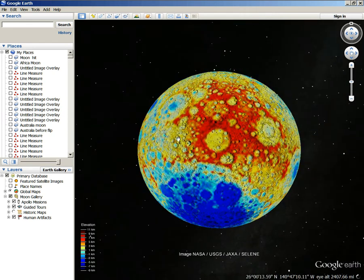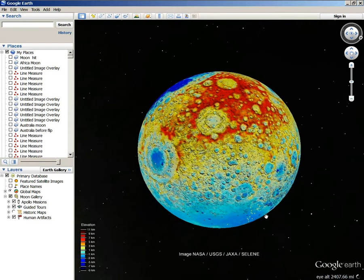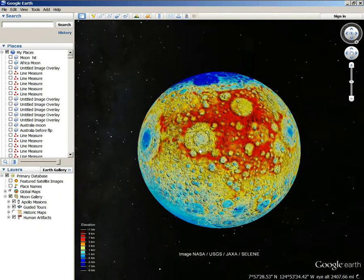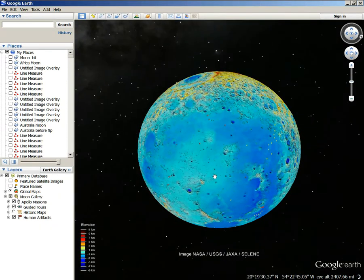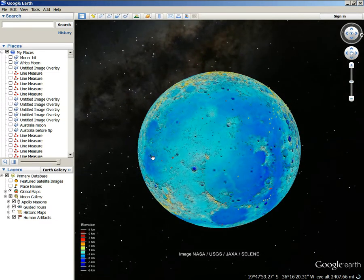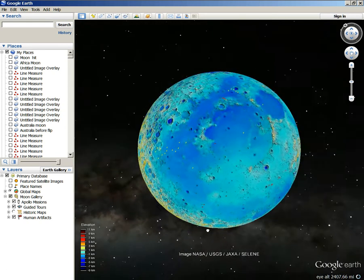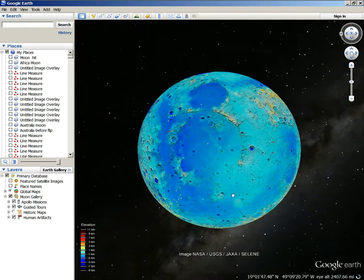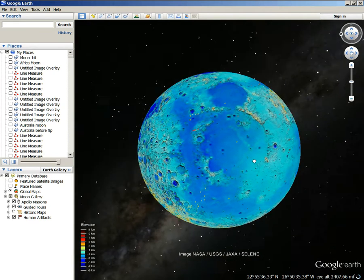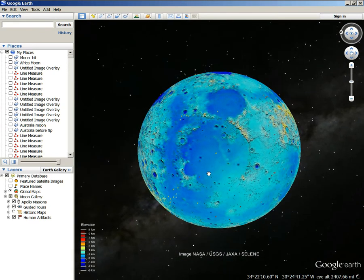See, all this area is the high elevation, so that area hasn't been hit in a while, probably. That's just a guess. Then we've got the side that faces us, which is pretty fresh, it looks like, and that is just one big impact as well, or probably more than one actually. But like this, look at Imbrium. This whole area right here. That's definitely...